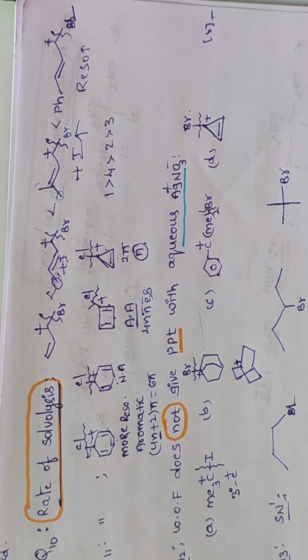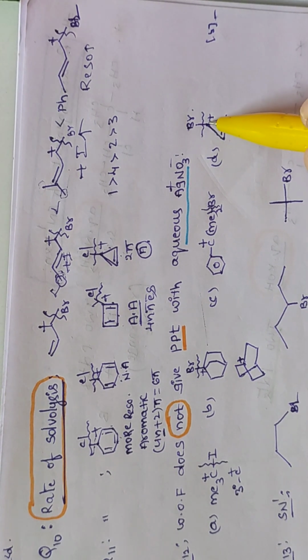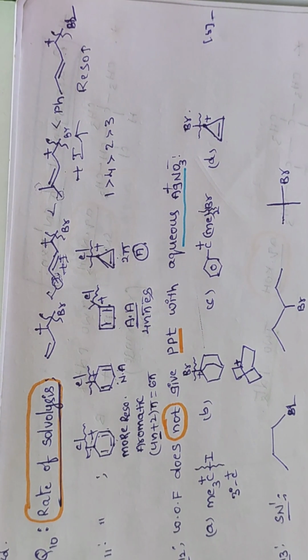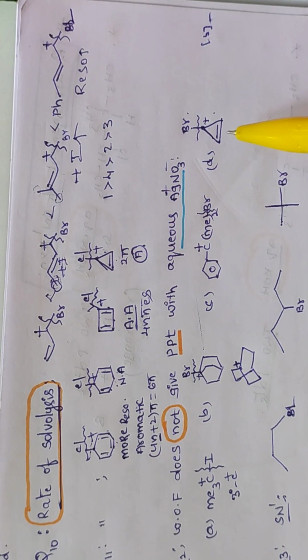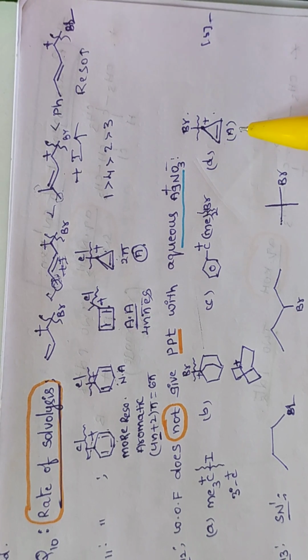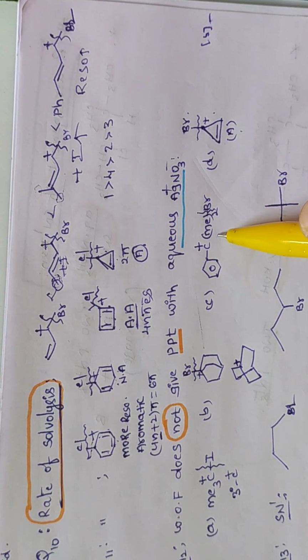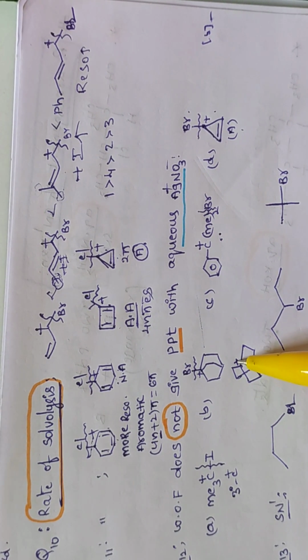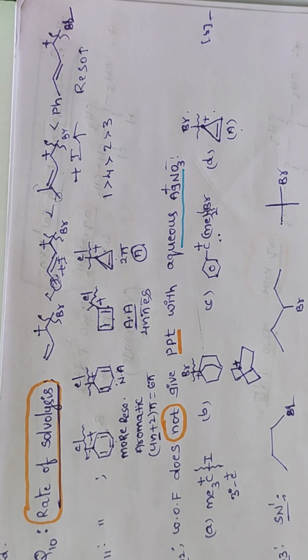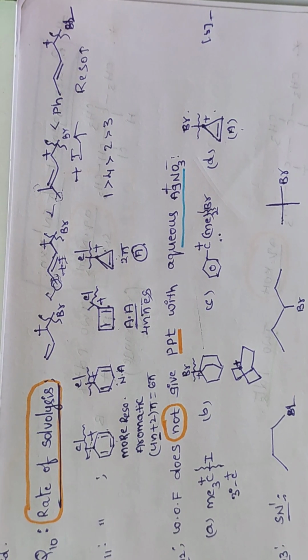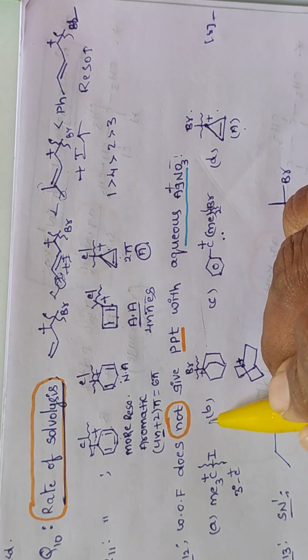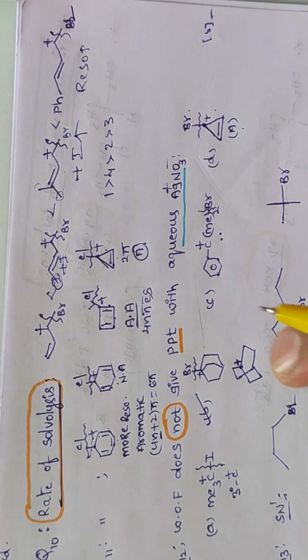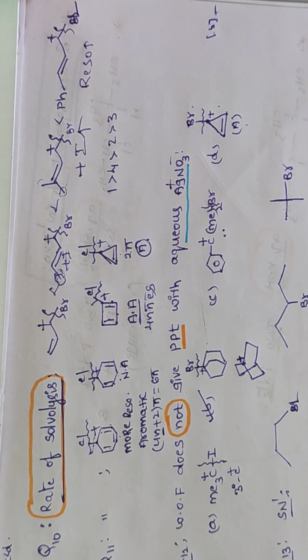Next here also we are going to get a 3 degree benzyl carbocation. Here we are going to get an aromatic compound, yes or no? Yes, already we discussed. Now this is an aromatic compound. This is a highly stable carbocation. Next, at the bridge position, the bridgehead carbon, a positive charge is formed, which means that carbocation is unstable because of its non-planar structure. So therefore it won't form a precipitate with AgNO3, because this carbocation is unstable at this position.